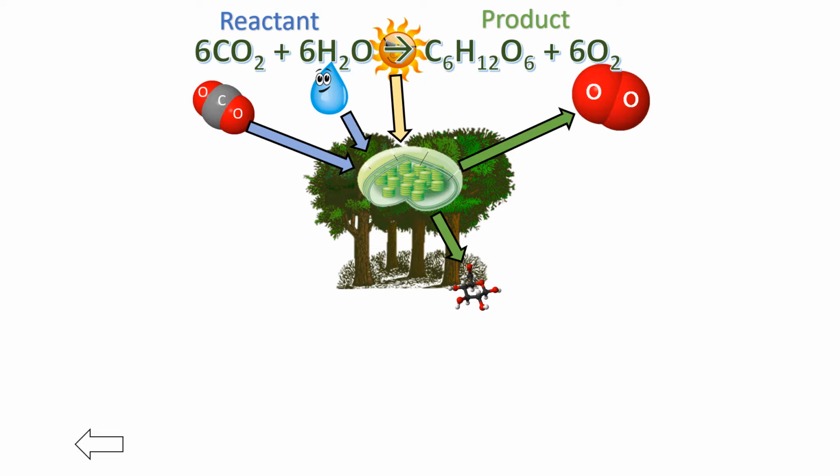So I get the CO2, I get the water molecules, I need the energy from the sun for this to happen. And then once this happens, I'm going to get a sugar molecule, C6H12O6, plus I'm going to get some O2. Now, this is the assignment, and it also asks you to explain